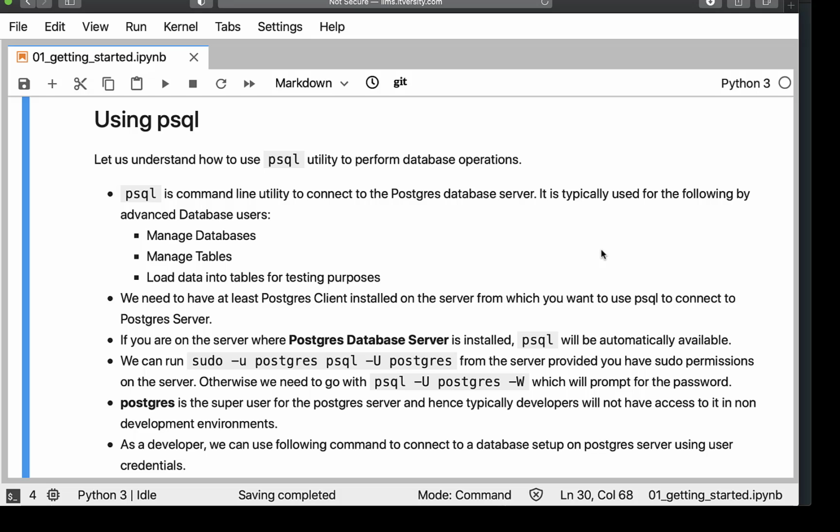Let us understand how to use the psql utility to perform database operations. psql is a command line utility to connect to the Postgres database server. It is typically used by advanced database users. When I say advanced database users, they are nothing but DBAs, development leads, and architects who have a level of knowledge